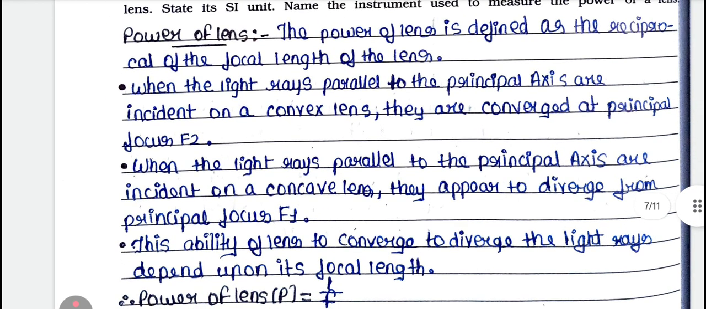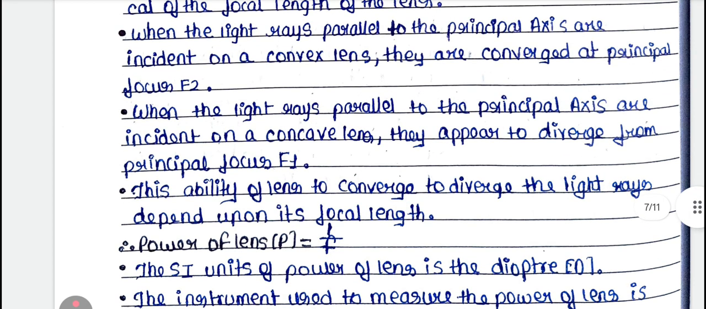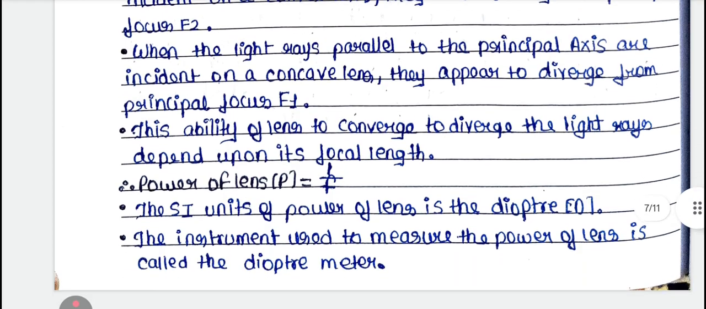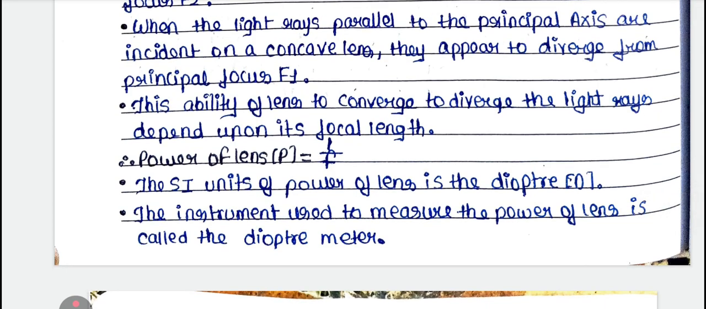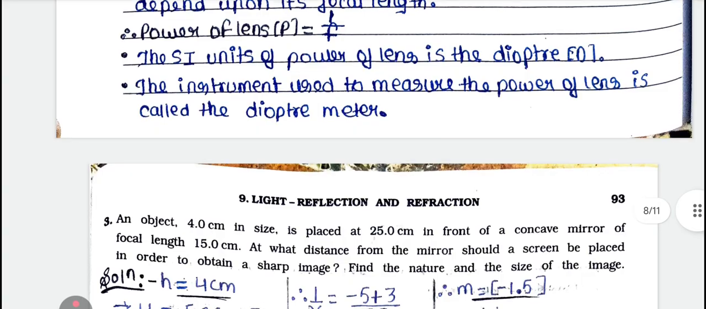When the light rays parallel to the principal axis are incident on a convex lens, they converge हो जाएगा प्रिंसिपल फोकस F2 पे। When the light rays parallel to the principal axis are incident on a concave lens, they appear diverge होगा from principal focus पे। This ability of lens to converge or to diverge the light rays depends on the focal length. So that's why power of lens P is equal to 1 upon F. और उसका यूनिट आएगा डायोप्टर। एंड इंस्ट्रूमेंट यूज्ड टू मेजर द पावर ऑफ लेंस, जिसको बोलेंगे डायोप्टर मीटर।